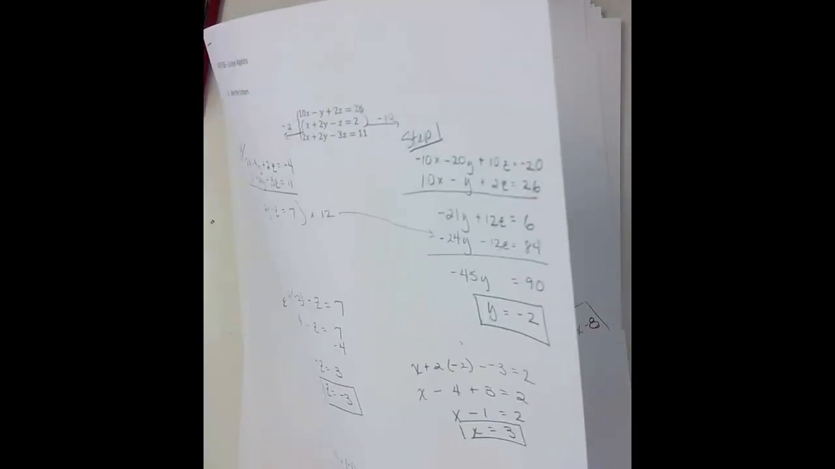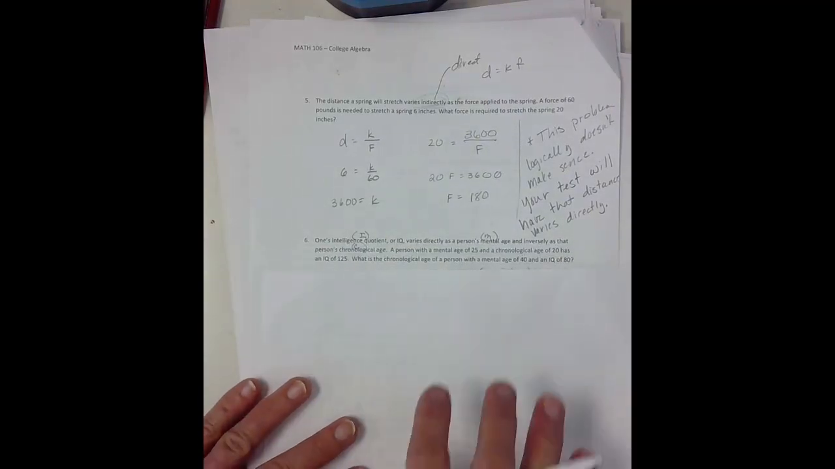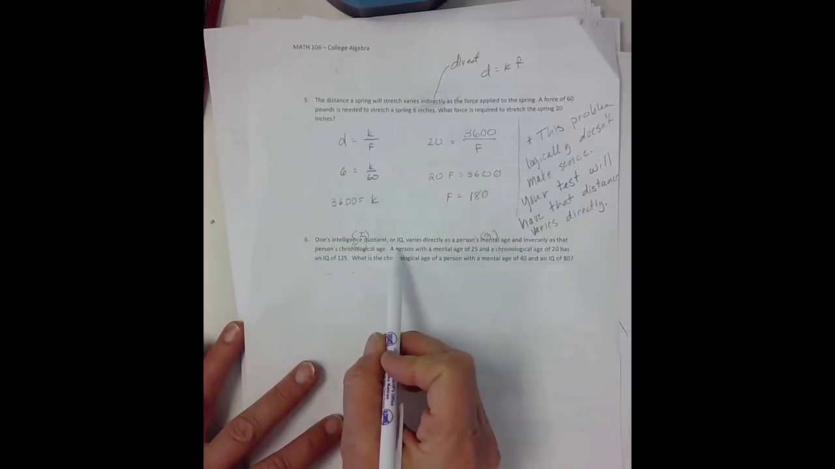Now the next one was a little more complex. Oh no, you did okay with 6? I haven't done 6 yet because I was confused on that one too. Okay. Cover it up. So what I did, it says that one's intelligence quotient or IQ varies directly with a